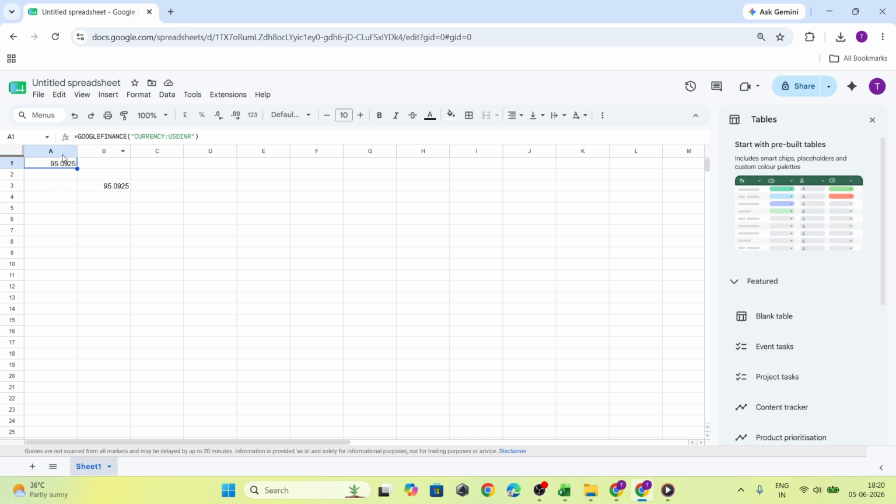A helpful tip is to make sure you type the currency code in the correct format. The formula uses the word currency, followed by a colon and then the two three-letter currency codes placed together. In this example, USD stands for US dollar, and INR stands for Indian rupee. If you ever want to convert between other currencies, you can use the same structure by replacing those codes with